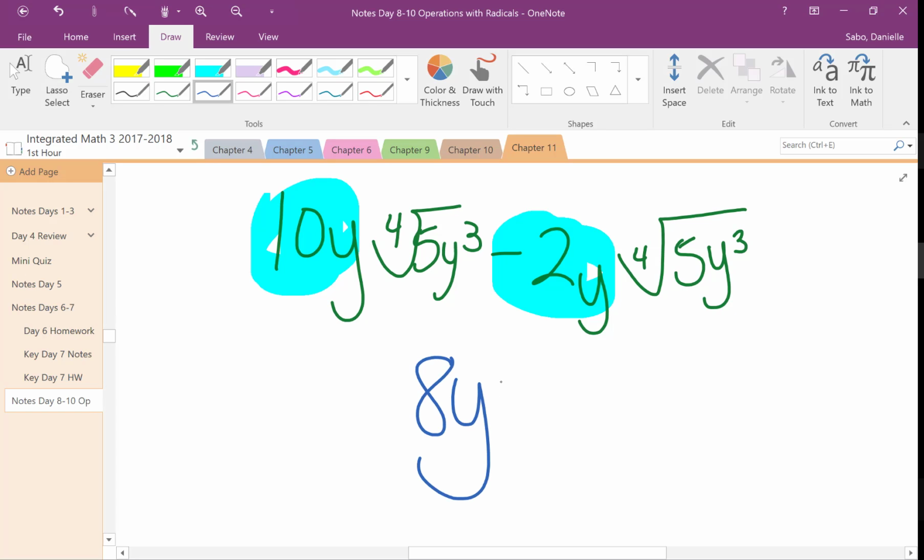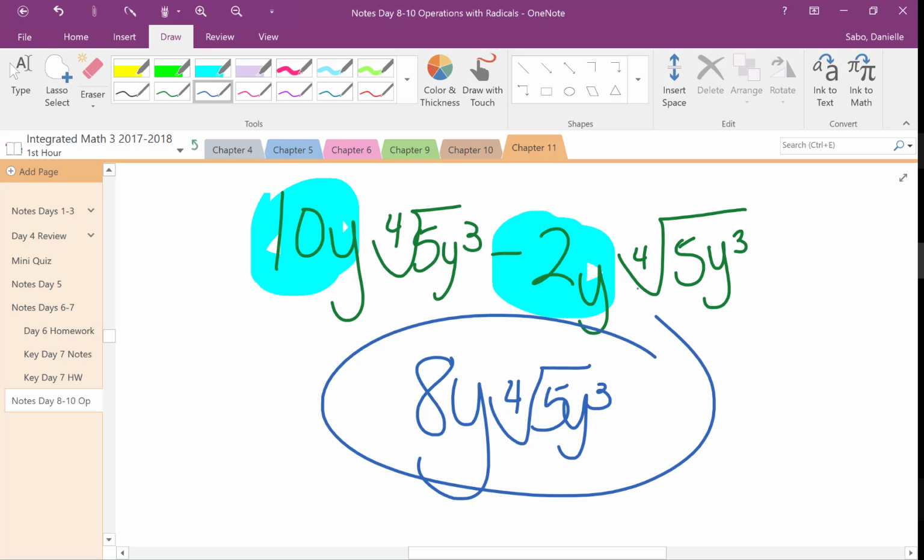Very good. How do you say this? Keep going. See, it's not cube root. Yeah, the 4th root of 5y cubed. And I want you to keep saying that. If I say the 4th root and you don't